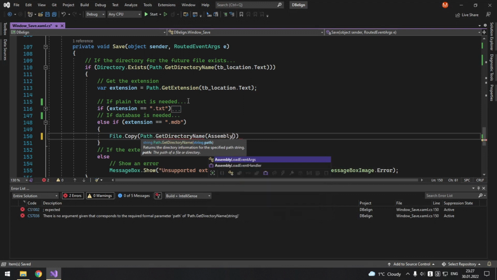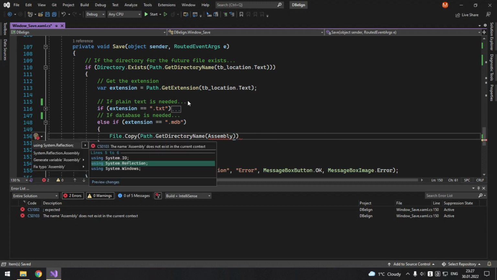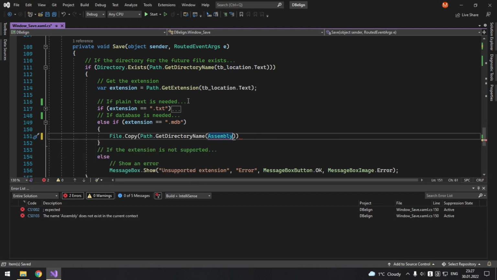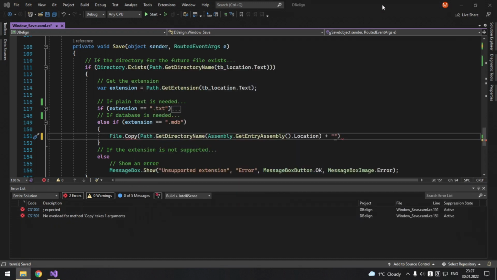So Assembly, press Ctrl dot, using System.Reflection, Assembly.GetEntryAssembly, and we need its Location. And after that we need to add the name of our database, which is template.mdb. So two backslashes and template.mdb, like this.